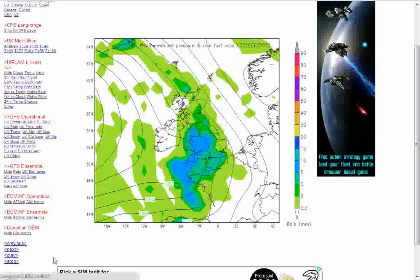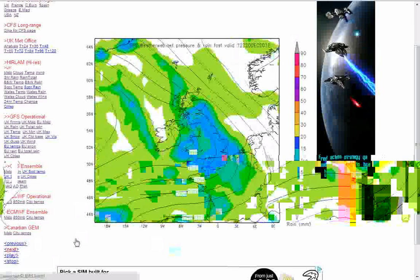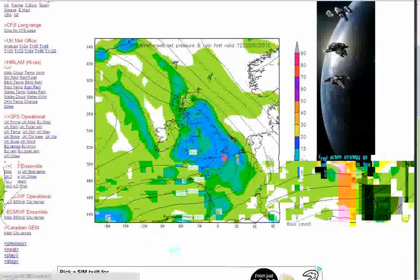One or two locations could see 70 millimetres, so we are going to get some risk of flooding, and you just see the area of rain that covers the country by tomorrow morning. Now, through tomorrow morning, low pressure is going to be off the eastern coast of Wales. So much of the area again is wet, it's dark, it's windy, it's yuck, and there is that southeast flow